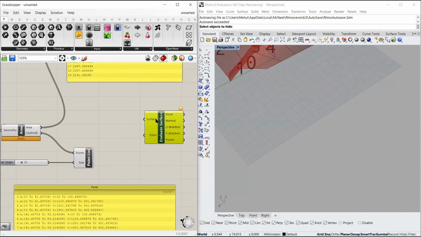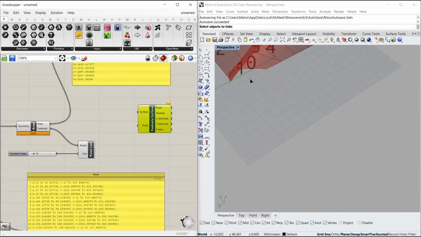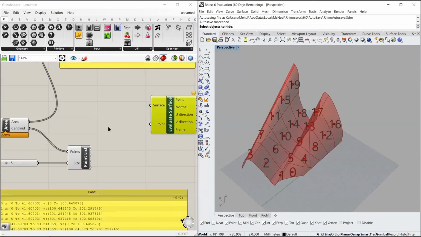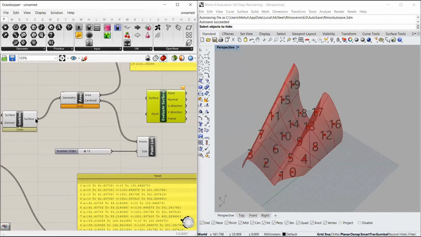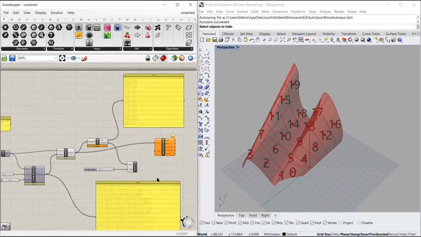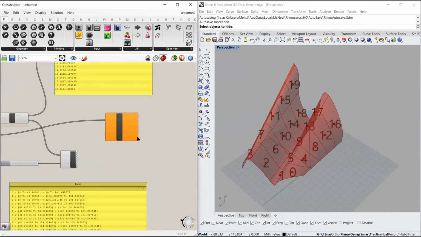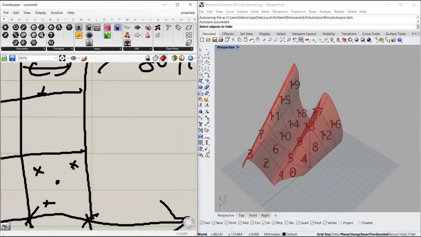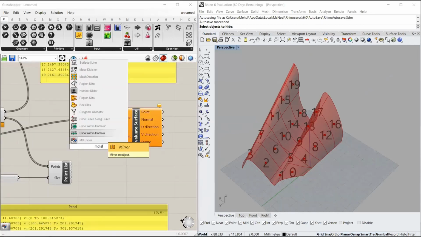What this component does is it evaluates the surface at a specific given point. So if these are 20 different surfaces and I want all the 20 surfaces to be evaluated at a given specific point, I input the surface and give this to this. But now it wants a point, at which exact point you want to evaluate the surface. Suppose I want to evaluate it at this point. For that, there's another component called MD slider.